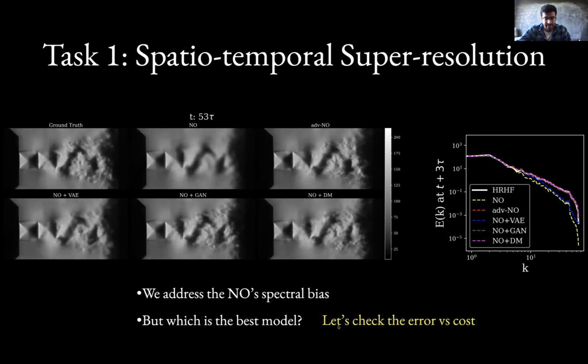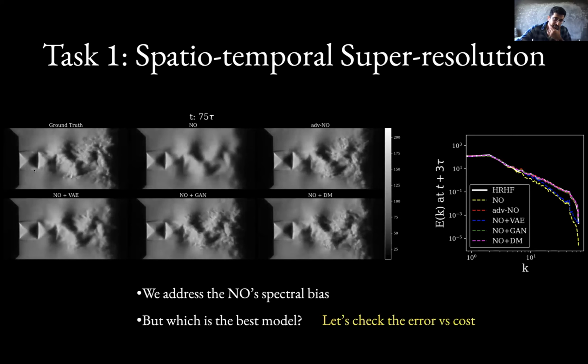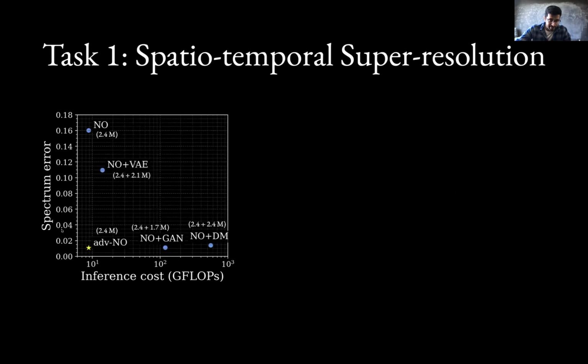To this, we check the error and the cost associated with each of these models. So here we plot the error in the energy spectrum against the inference cost in terms of gigaflops. As you see, the neural operator has a very high energy spectrum error because of the spectral bias as discussed earlier. Then comes NO plus VAE, and NO plus GAN, NO plus diffusion model, and adveno has very low energy spectrum